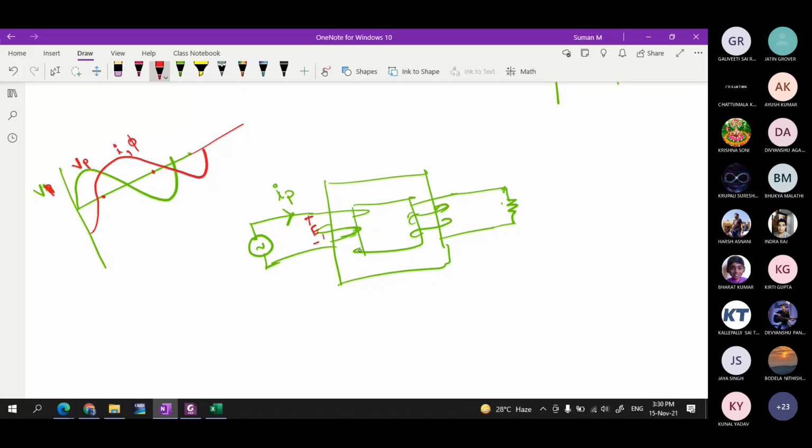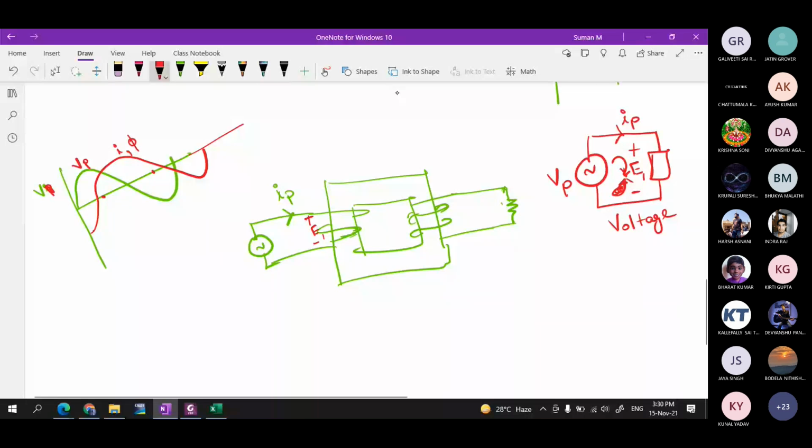Suppose you are seeing it like this. This is the source voltage, that is Vp. The current flowing through here is Ip. Now you can see this in two ways. Either you can see it in this way or in this way. What is the meaning of this? If you are seeing in the clockwise direction, this E1 will be considered as a voltage drop. I don't know whether I discussed this in the previous lab. If the current enters the positive polarity, it is considered as a voltage drop. If the current enters the negative polarity, it is a voltage rise.